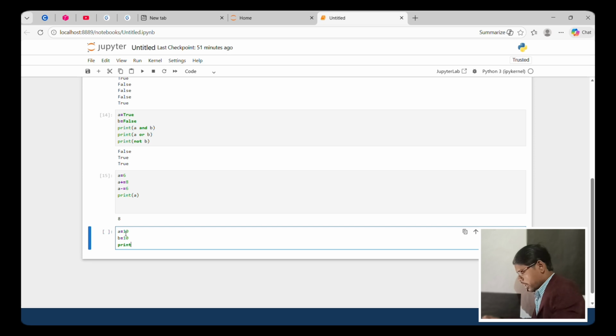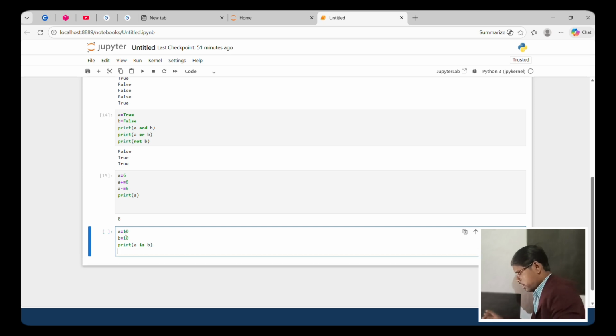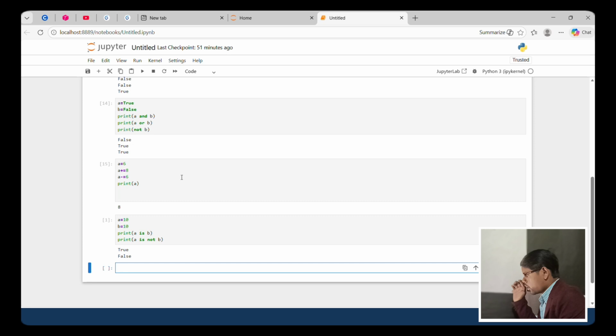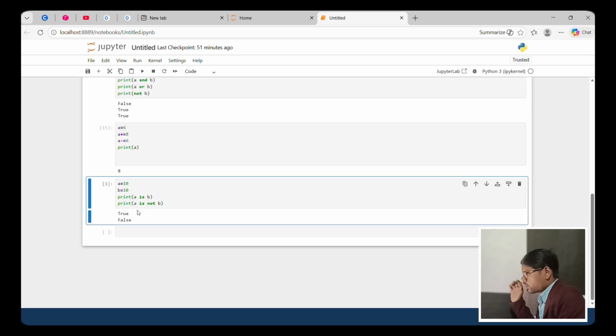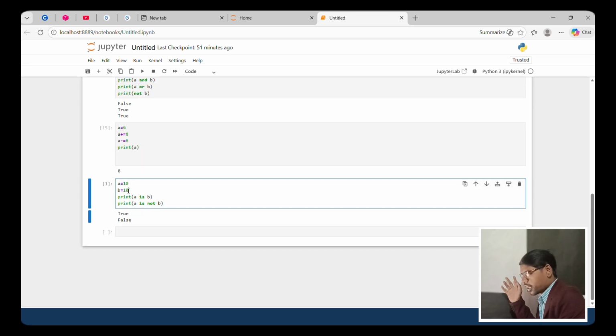Okay, and check A is B, and just print A is not B, and the result is true or false. Yes, true, because A contains 10, B contains 10, so A is B, the same. Okay, and false means not the same, opposite.